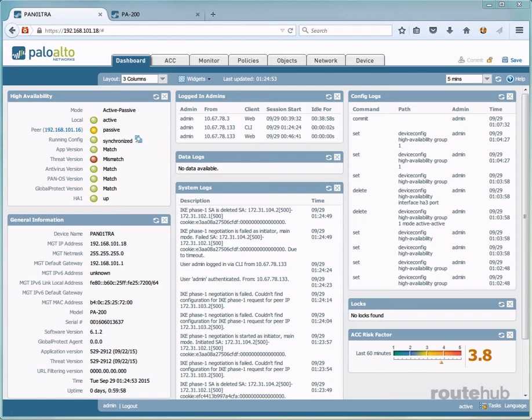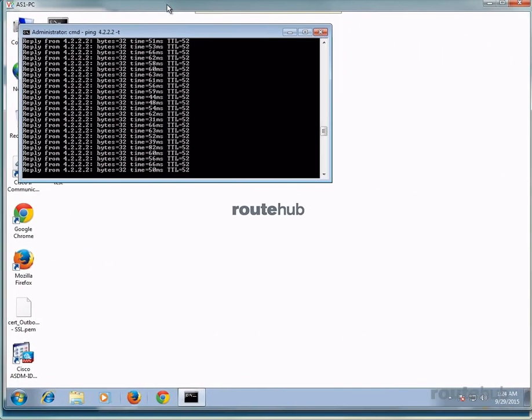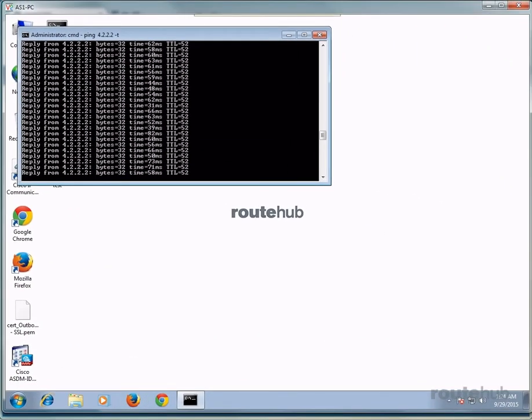The next thing that we will do is perform a failover test. So let's bring up our user desktop, and there we have a continuous ping to an IP out on the internet going through the primary firewall. When we create a failure, the traffic should be rerouted through the passive firewall, which will become active in our